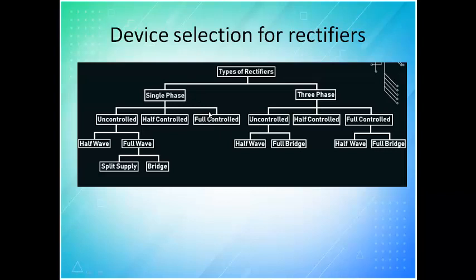So they may ask us this question for 2 marks: device selection for rectifier. Then you have to say that depending upon the type you have to select the switch. If it is uncontrolled, then you will go for diode. If it is half controlled, you will go for diode plus a power semiconductor device. And if it is full controlled, we will go only for